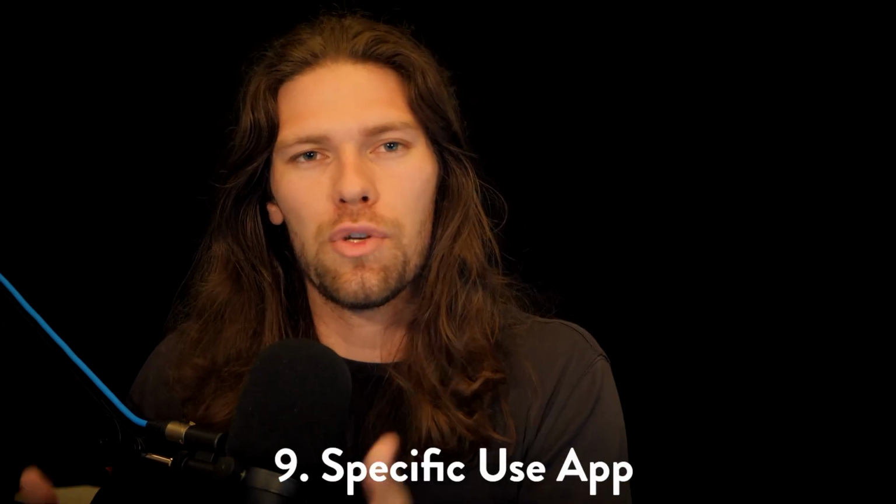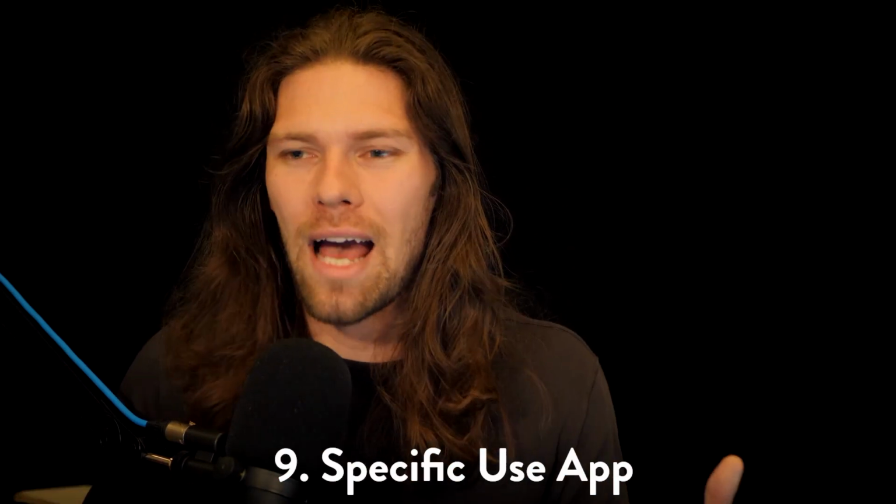Making a specific use app. Now, for a long time, making an app was kind of out of the question unless you actually knew how to code yourself or knew someone who could do it for you. But nowadays, app development tools are getting so good that you need minimal or even no coding experience to build an application. Although if you have a specific idea for an app that needs a little bit of coding,